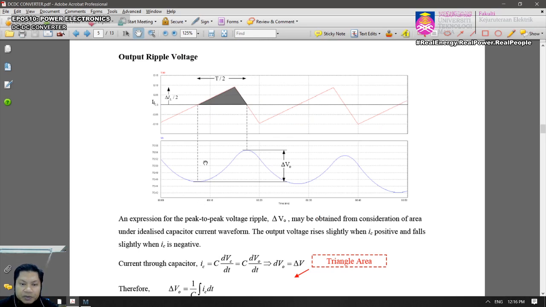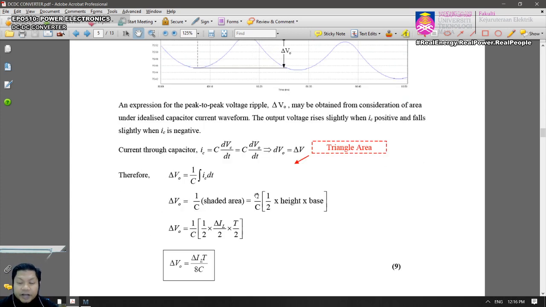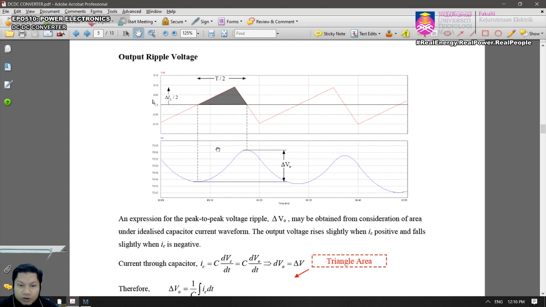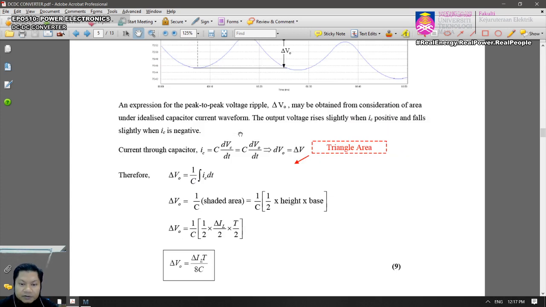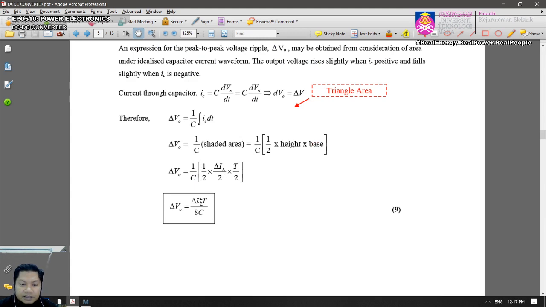If you want to integrate from that point to that point, it's just actually the area under the capacitor current, which is the triangle area. So 1 over C, half multiplied by height multiplied by base. So the height is delta IL over 2. So we always know that this is the half or the average between IL max and IL min, and that one is IL, and that will give you delta IL over 2. So therefore you get this delta IL,